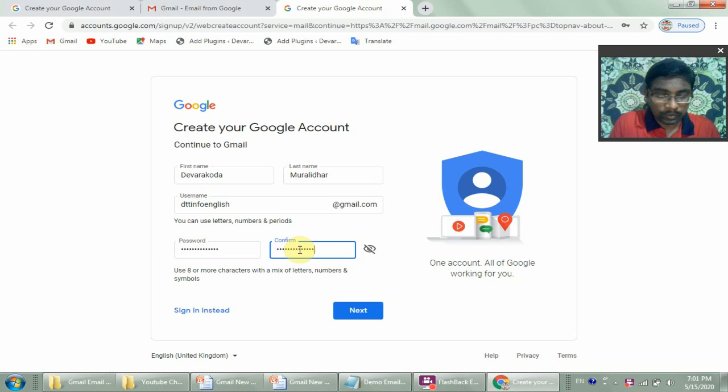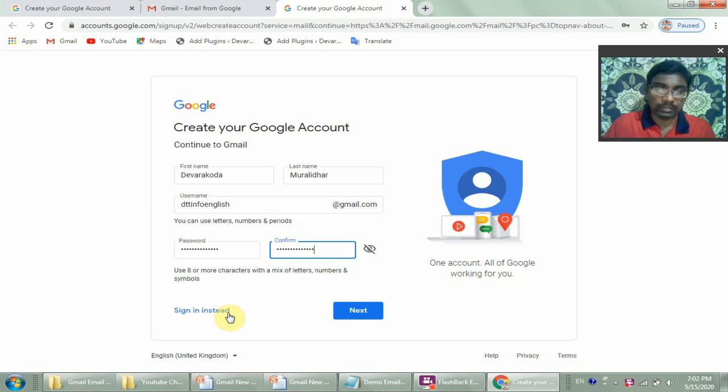If you want to check whether you typed your password correctly, click on this eye symbol. One click lets you see your typed password. If you click a second time, it is hidden again. They have given a small symbol here.